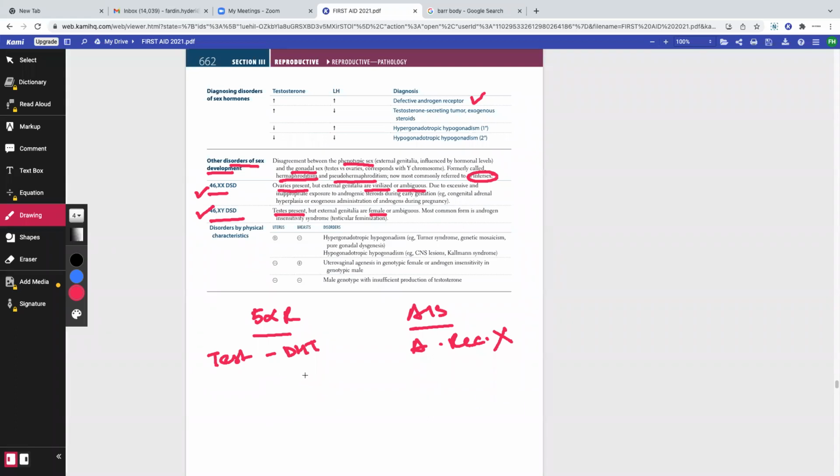Now, what is the difference? The difference is that in patients with 5-alpha reductase deficiency during puberty, do we have an excessive surge of testosterone? Yes or no? The answer is yes, right? We have an excessive surge of testosterone. So these patients, phenotypically in the earlier stages, can appear as females, but at puberty, they will start developing virilizing characteristics due to the excessive surge of testosterone.